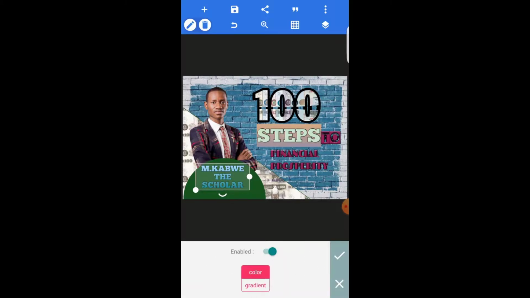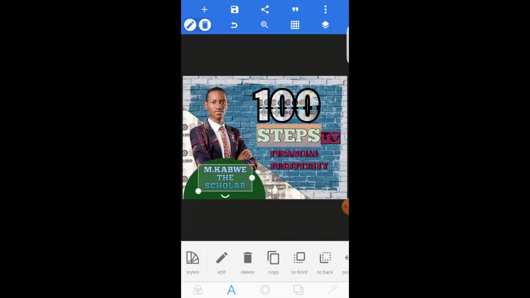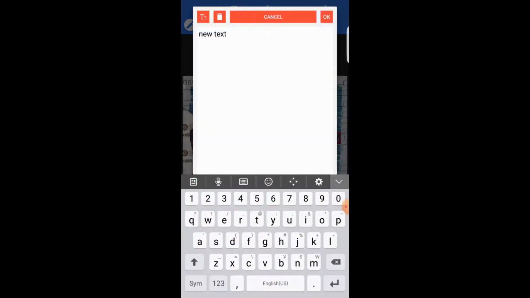You see, because I'm actually teaching, that's why I'm taking long. But if I was doing it alone by myself, just sitting quietly on my phone, this could actually take very little time. Okay, so Mkawe the scholar. Okay, so 100 steps to financial prosperity. Okay, so let's put something now, which is: this program is conducted by